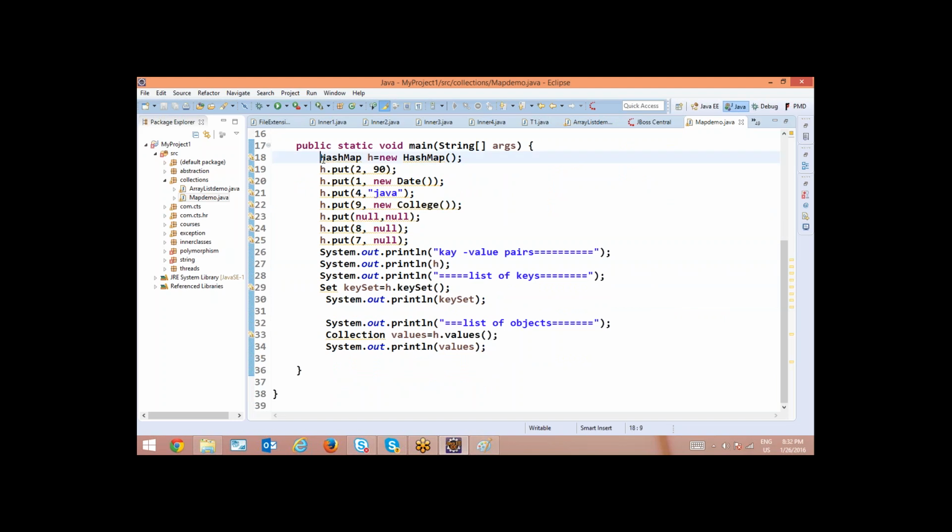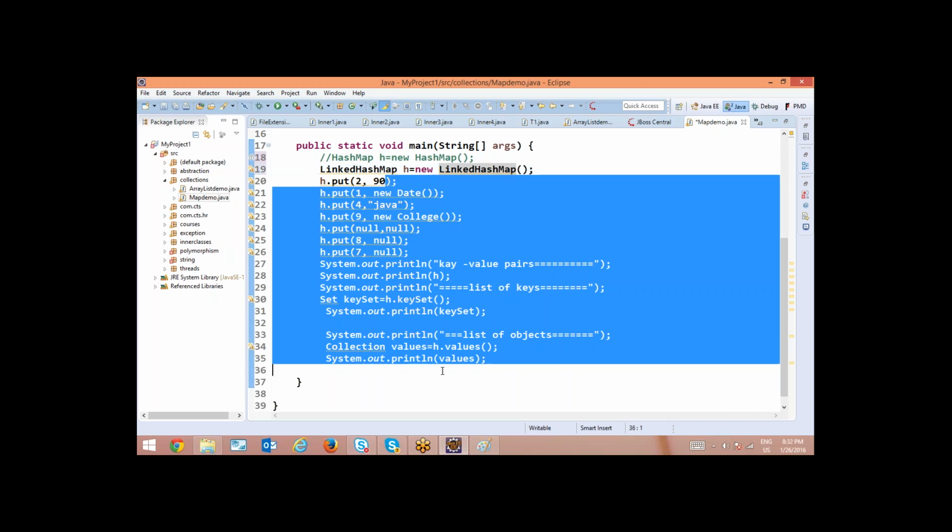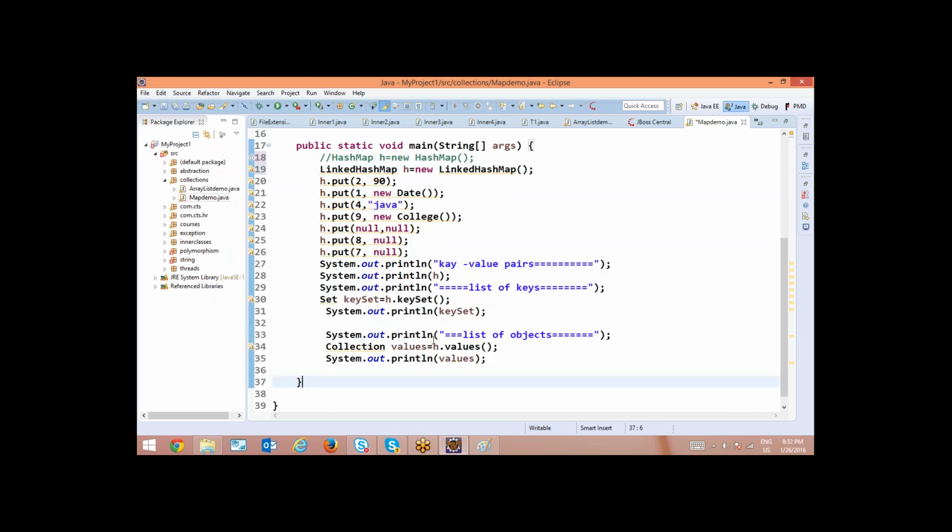Now coming to the same object if I make it a linked hash map. See, all the methods are the same, everything is the same, there is no change.